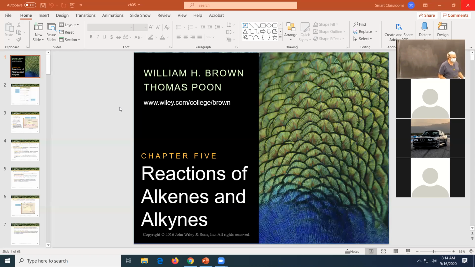All right, chapter 4 has just one reaction. Chapter 5 has all of the other reactions of alkenes and alkynes. This particular reaction that they talk about in chapter 4 involves the acidity of terminal alkynes. Terminal alkynes have triple bonds at the end of the chain. So if I have something like this,